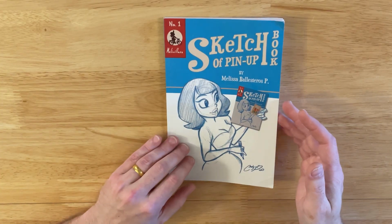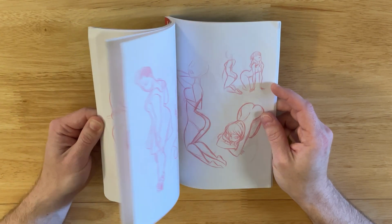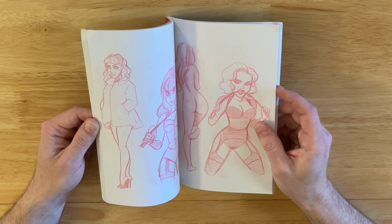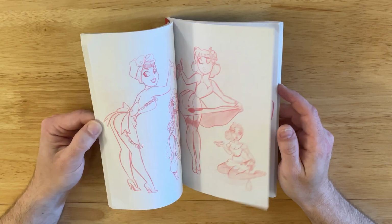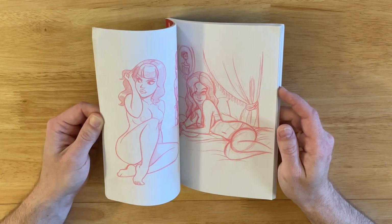And when we think about figure drawing in the world of collecting artist sketchbooks, a lot of the artists focus on women. And I found that it doesn't matter if the artist is a man or a woman themselves, you get a lot of people focusing on drawing women. So this is sort of a classic pinup book, but with a real cartoony, illustrated, sort of animated style, recreated in this beautiful red monotone color instead of being black and white. But the drawings are just so much fun and really creative, all different poses, and just really good figure studies